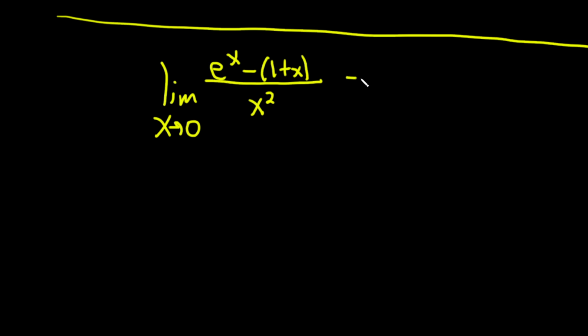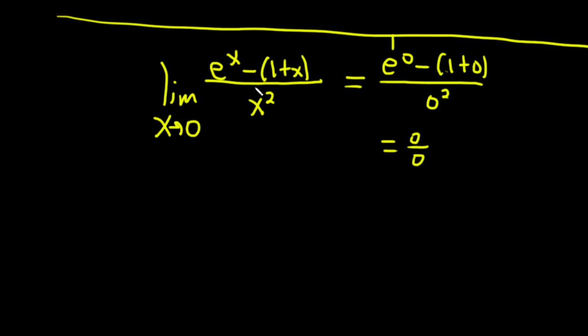If you plug in 0, you get e to the 0 minus 1 plus 0 over 0 squared. So you would get 1 minus 1. E to the 0 is 1, so you just get 0 over 0. So you can use L'Hopital's here. Let's do that. Let's use L'Hopital's rule. L'Hopital's rule says that whenever you have this type of, it's called an indeterminate form, that's what this is. Whenever you have one like this, 0 over 0, you can use L'Hopital's rule, which says you can just take